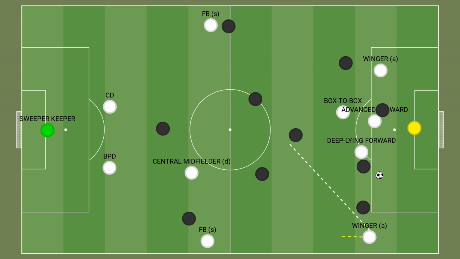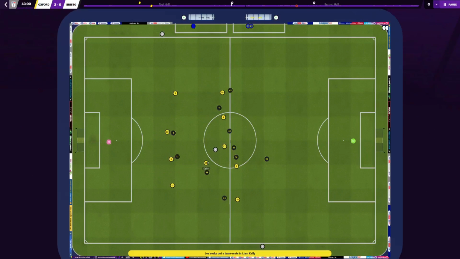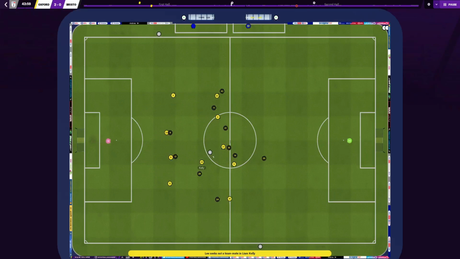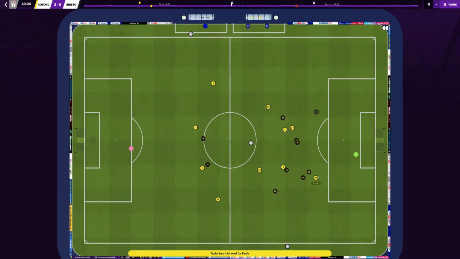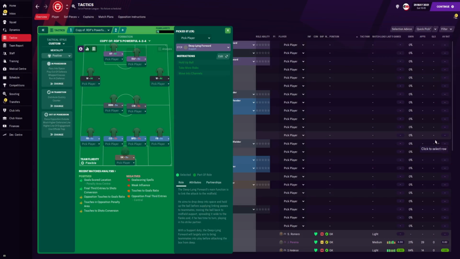So your deep line forward is still going to attack, but just from deeper areas, and he's going to be a creator of some sort, especially for the wingers. As he drops deep and receives the ball, he's going to look wide for either winger to then advance, but also he can link up very well with your advanced forward as your advanced forward gets further forward and moves